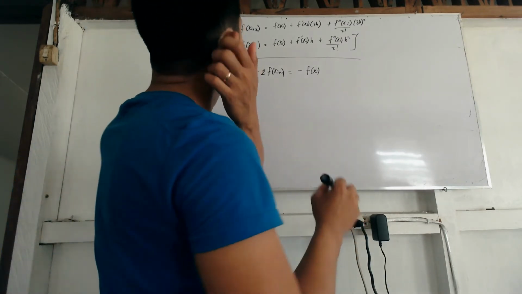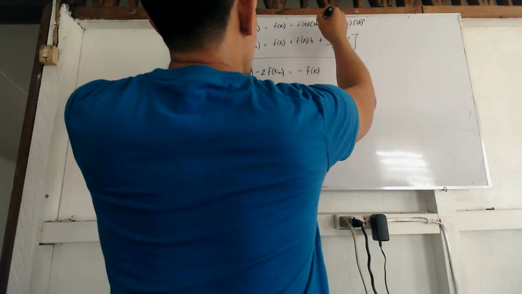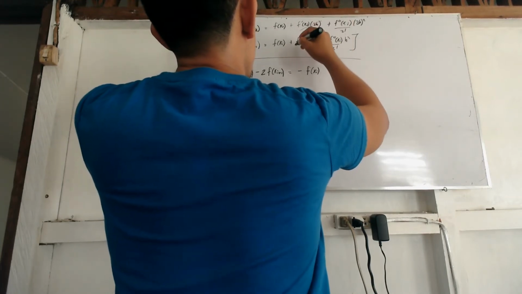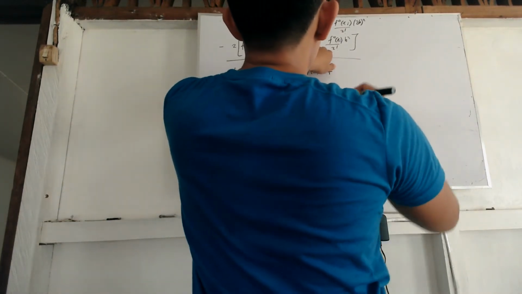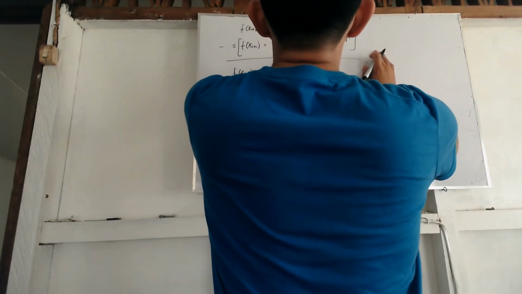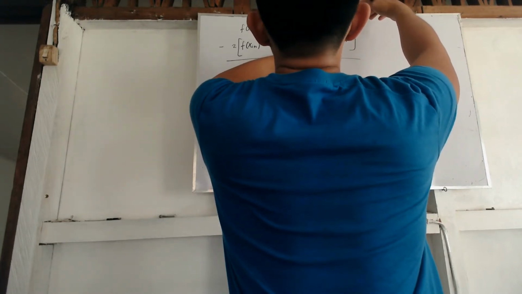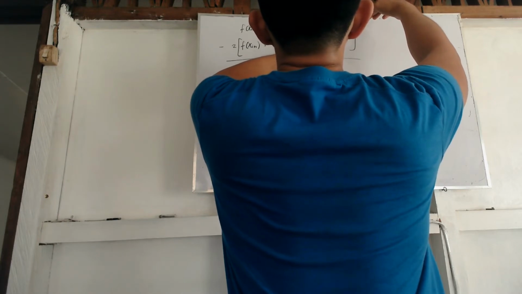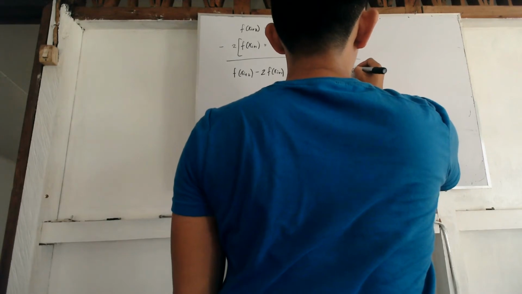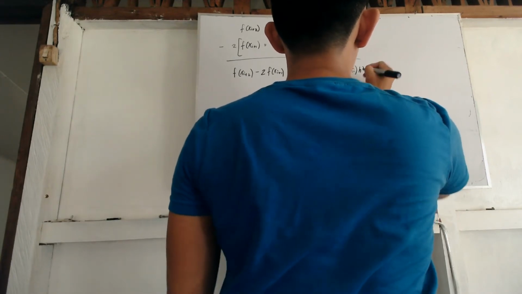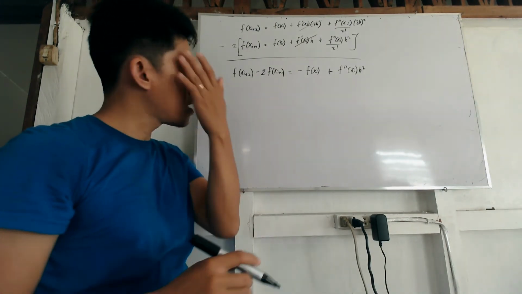And then this one will be eliminated. So plus this one is 2, and this one is 4. 4 minus 2 is 2, so you have f double prime of x i h square. Okay? Therefore,